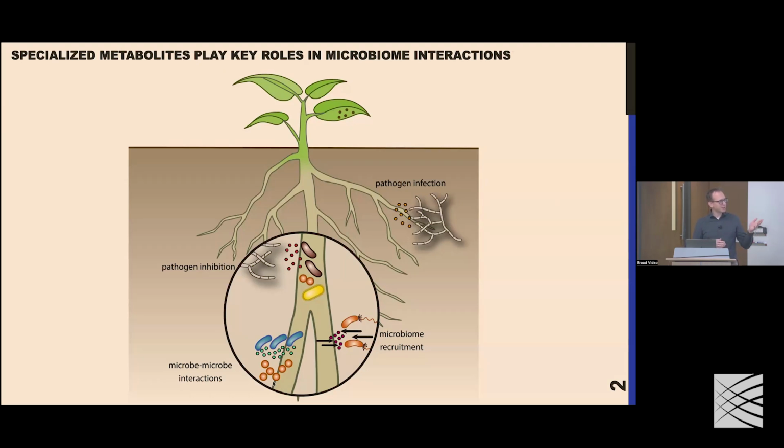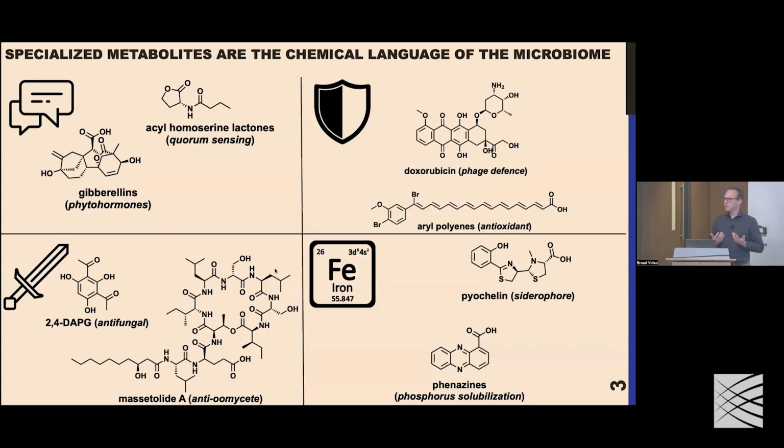Here you see some examples in the context of a plant microbiome, where we know that, for example, pathogens may produce molecules like pathogenicity factors that facilitate the infection process. There may be other bacteria that inhibit the pathogens by making molecules that are, for example, antimicrobial or antifungal. There are also interactions between the microbes, and sometimes the host interacts with the microbiome itself through such metabolites. And these metabolites, you could consider them as the chemical language of the microbiome, and they fulfill